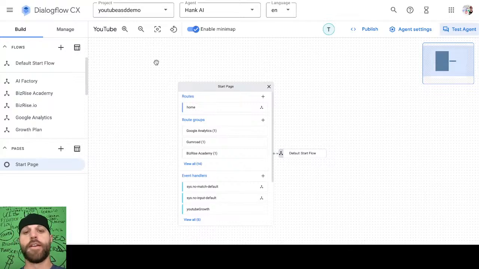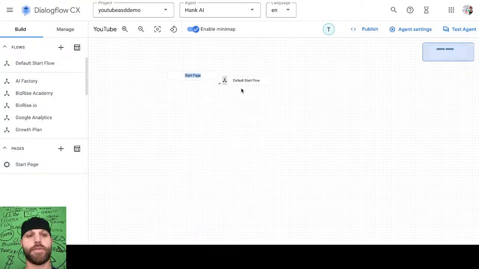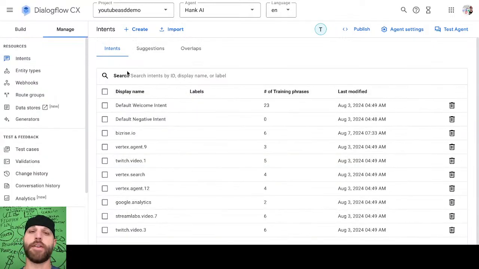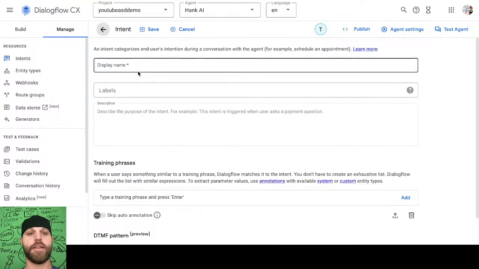But now we need to give it some routes within YouTube. So, for example, here I want to give it a route on how to upload a video, right? So if somebody asks, how do I upload a YouTube video? I need to give my AI agent a route. Okay, so we're going to build out the YouTube. So for the route, we're going to create an intent, say, upload YouTube.